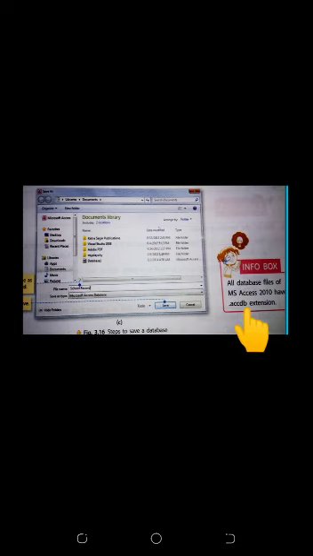It will save with the extension .accdb. You have to learn it. .accdb is the extension of MS Access. So I hope you all have understood how to create reports and how to create forms.